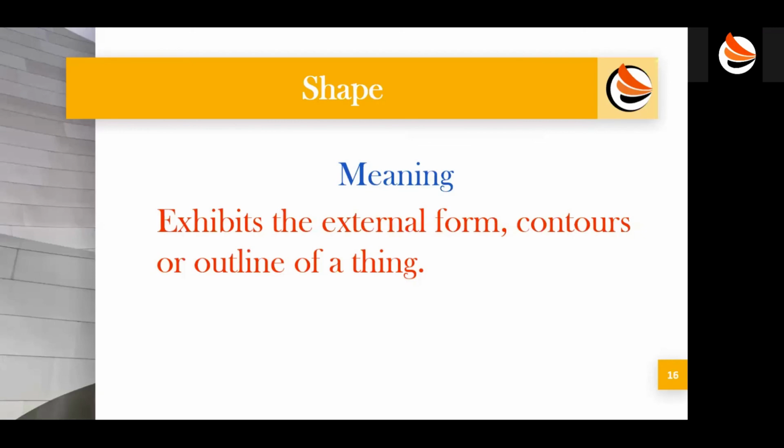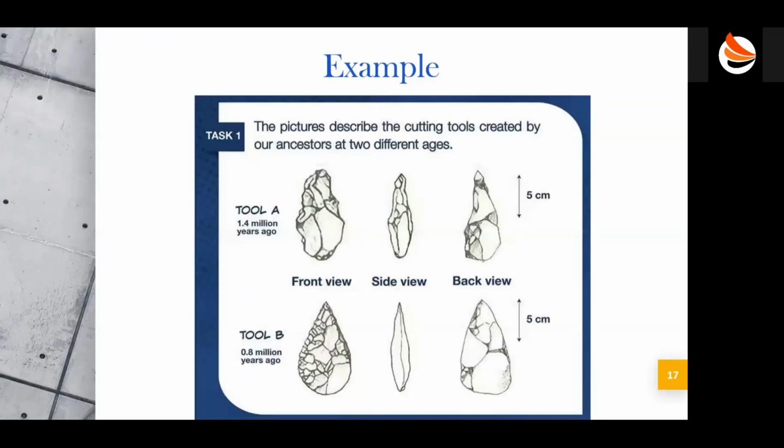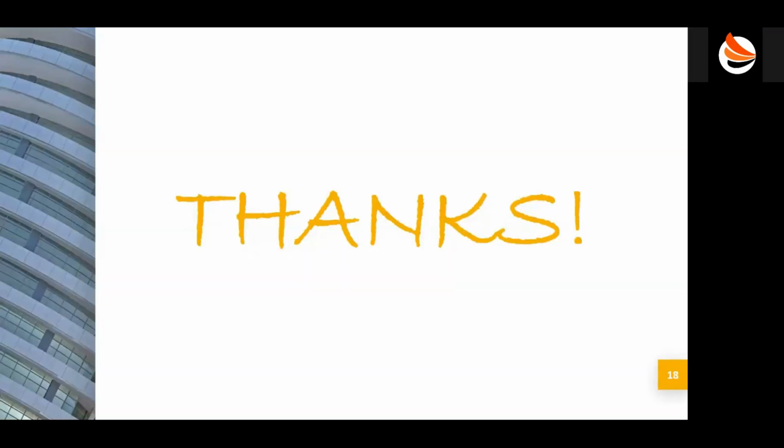Then for shape, you would be looking at the external form of an object. And here's an example telling you about a cutting tool used by ancestors at two different ages. So we have 1.4 million years ago and then 0.8 million years ago. So you're dealing with shape over here. You see the change that occurs with regard to the shape of the cutting tool. So these are the three types of questions that you get to encounter when you are dealing with writing task one questions. Thank you and see you in the next